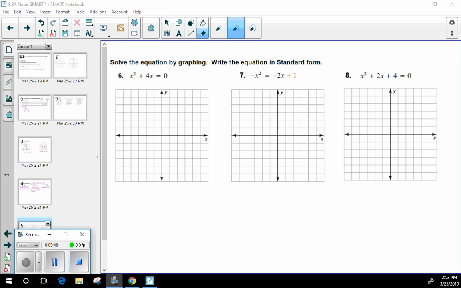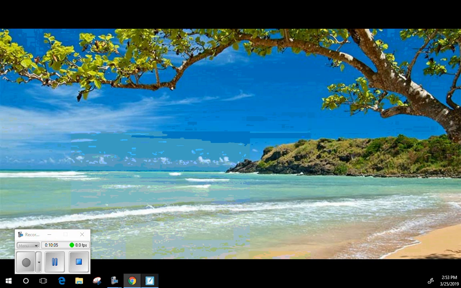Let's take a look at 6 first of all. Is it already in standard form equal to 0? Yeah, so that's already done for us. Feel free to just say, okay, it's already there. Half our work is done. Sounds good, okay? But second of all is graphing it. This is where I am okay with you